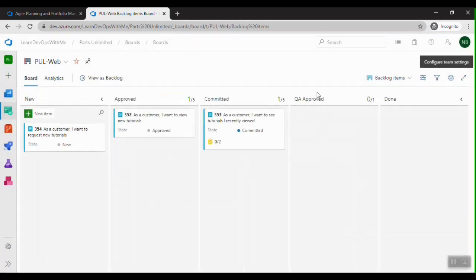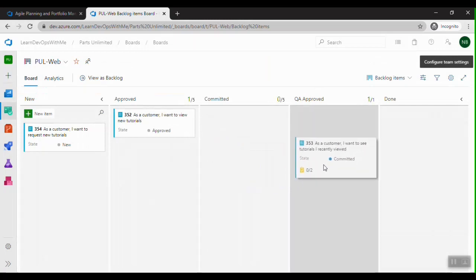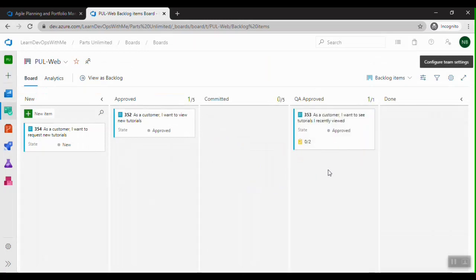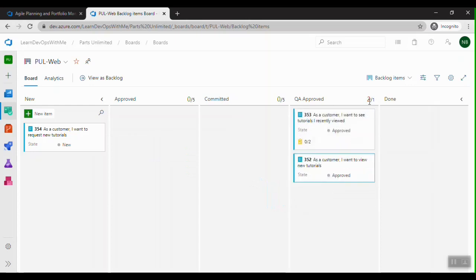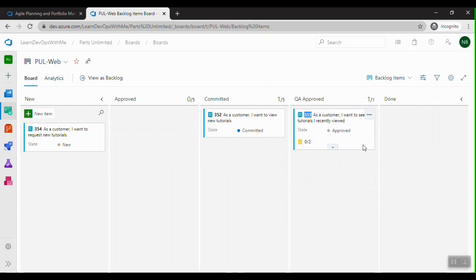And you can see we have a column called QA approved. So let me drag and drop this item, and you can see the work in progress limit here. And if I add one more item, it turns red, right? So basically it says at any point in time there should be only one item in QA approved state.